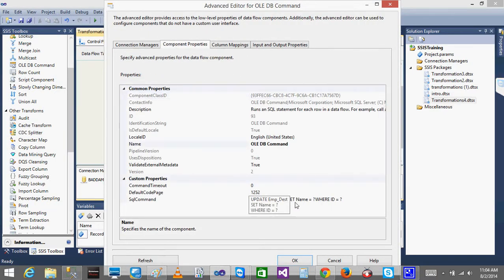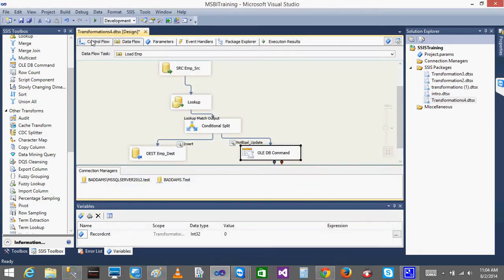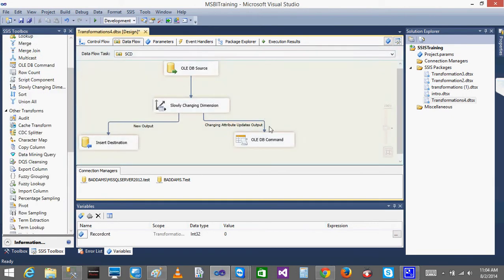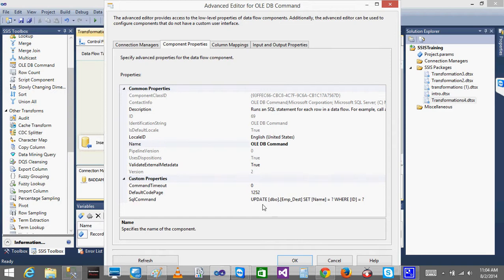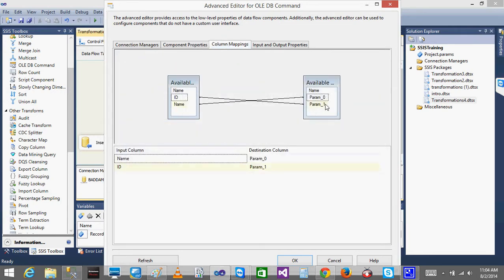Update EMP destination set name equal to question mark where ID equal to question mark, right? The same command is going to be created here in the slowly changing dimension. Click on the OLE DB destination, component properties, update table set name equal to question mark where ID equal to question mark. In the column mappings, parameter 0 will be name and parameter 1 will be ID, and there is no lookup, so automatically the system does that.